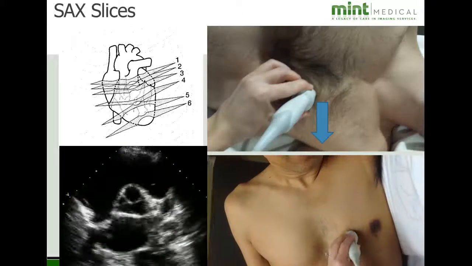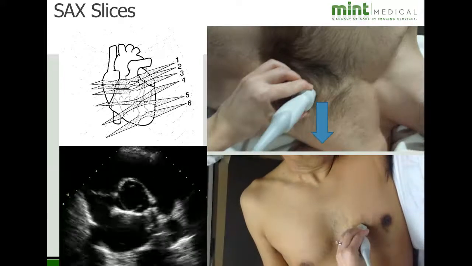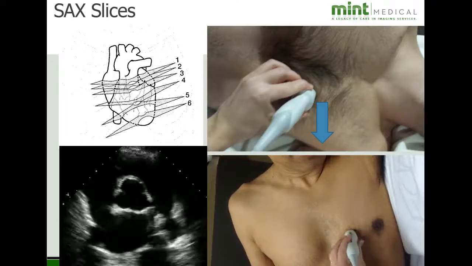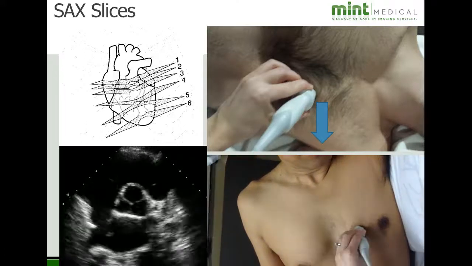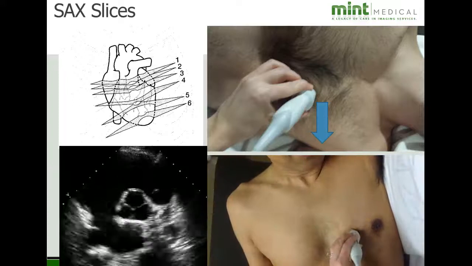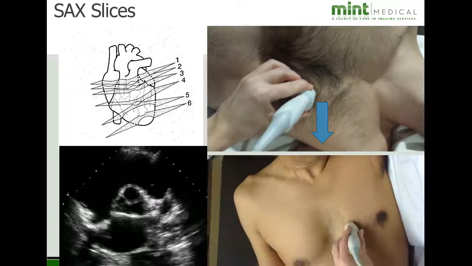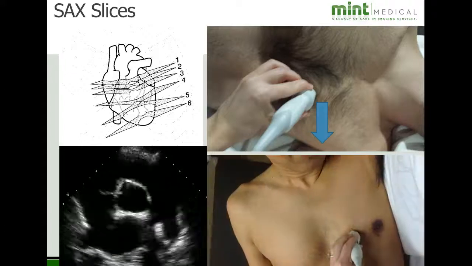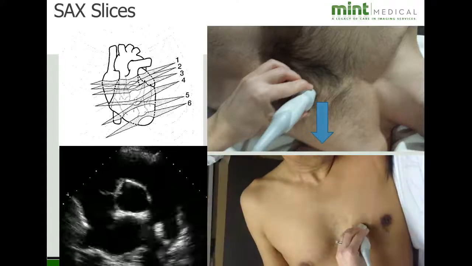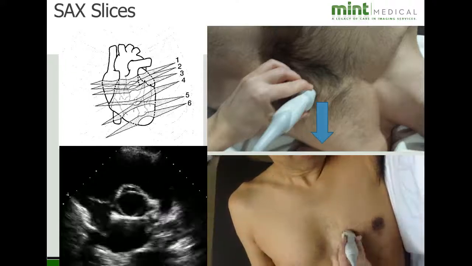The next set of pictures is going to be called the parasternal short axis slices. The short axis slices can obviously be many images. As you see here, there are 6 different levels that you can image. We will focus on the level of the aortic valve first, then the level of the mitral valve, then the left ventricular papillary muscle level. To obtain these images,